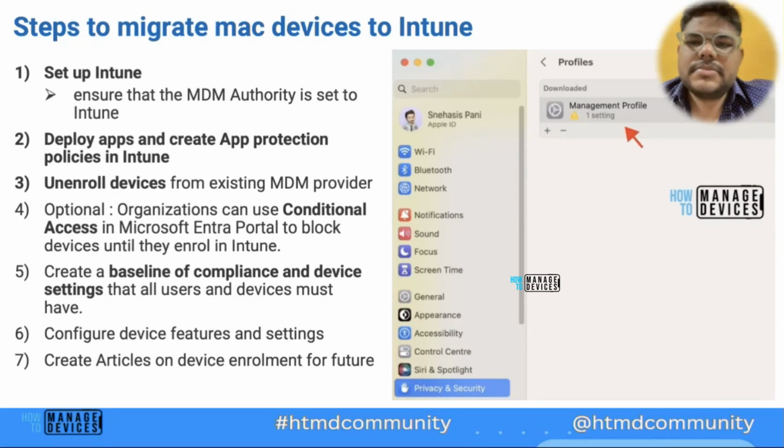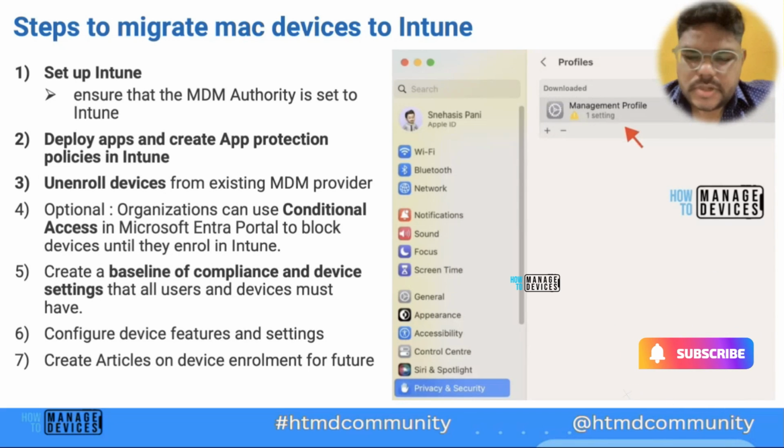Okay. Then come the 6 or 7 steps that you need to keep in mind as an IT admin. First, you need to set up the Intune account, right? The MDM authority should be set to Intune. I'll be showing that in the demo session. And then we need to create and deploy the necessary apps, let's say the Microsoft 365 app that is necessary for the end user to log in. We should create that. We should also create the app protection policies, let's say for Android and iOS,